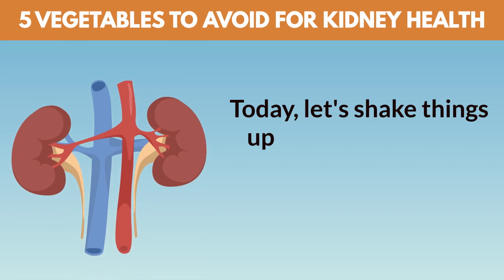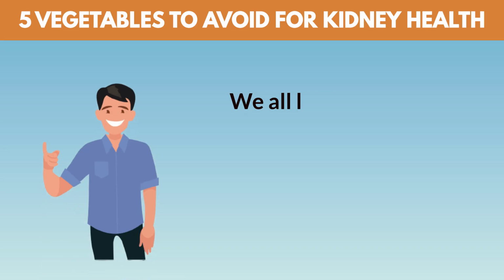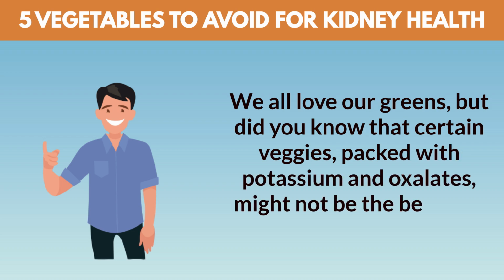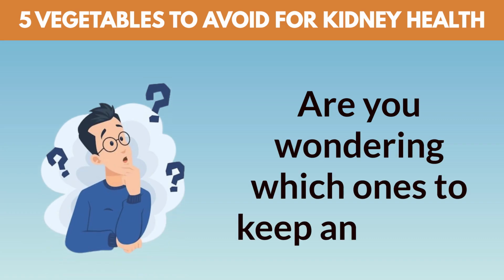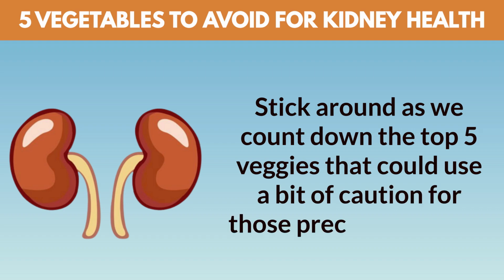Today, let's shake things up and talk veggies, specifically how some can be a bit tricky for your kidneys. We all love our greens, but did you know that certain veggies packed with potassium and oxalates might not be the best pals with your kidneys? Are you wondering which ones to keep an eye on? Stick around as we count down the top 5 veggies that could use a bit of caution with those precious